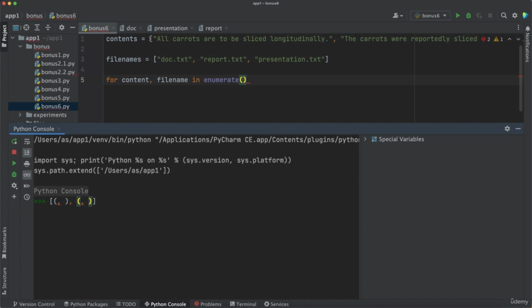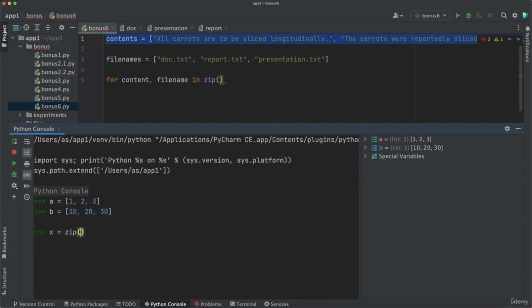We're interested in the items of that and that. To do that we use the zip function, which works basically like enumerate, and I'll demonstrate how. If we have list A and list B, 10, 20, 30, then X is going to be zip A and B. That's what we enter here as well, zip